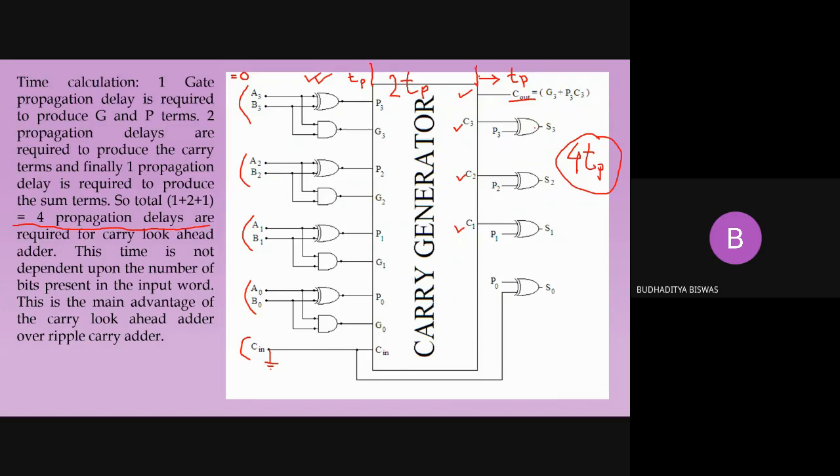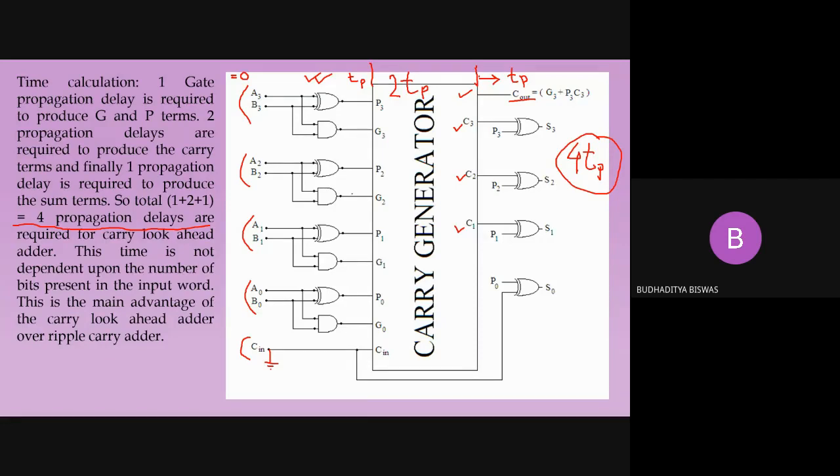For 64 bit addition, we require a huge number of gates, and the number of inputs of the gate is also very high, 64 maybe. So the resources are available in the processor. All the resources are available, but you need to use them properly to generate the sum terms within a fixed time. And these 4 propagation delay times are not dependent upon the number of bits present. Whatever the number of bits, the same time is required. Only more gates are required. The size of the circuit is a little bit more, but we can sacrifice that because here a fixed time is required for the total summation procedure.